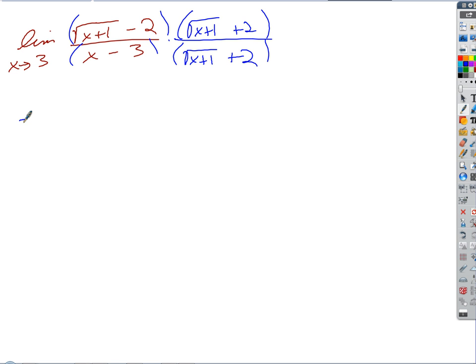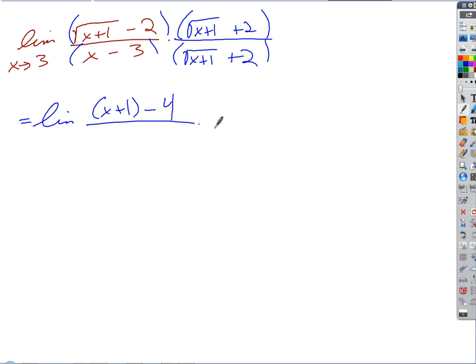What's that give us? On the top, what do we get? X plus 1 minus 2 squared, which would be 4, right? Everybody see that? I'm going to get that, a squared minus b squared, right? Now, the bottom looks bad, and you might be thinking, oh, well, what did we do? We just shifted the problem somewhere else, but let's look at the